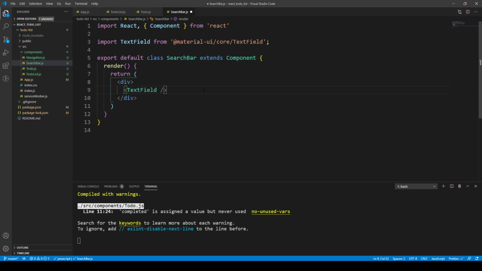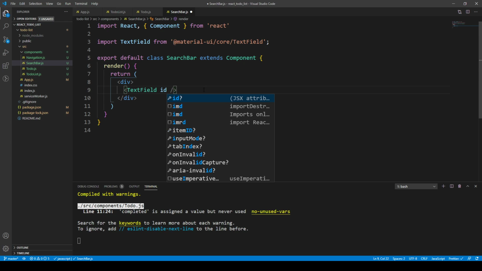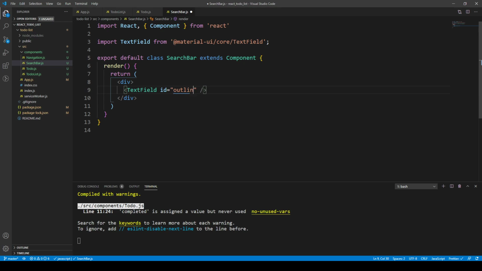But this text field will have an ID, outlined search. We'll have a label, search. It's going to have some helper text, search for a to-do. It's going to be a variant of the text field, which is the outlined field,